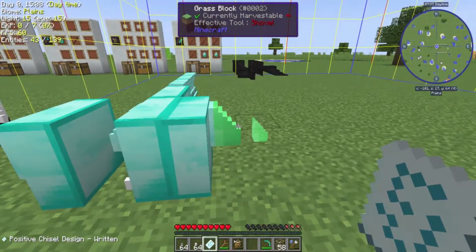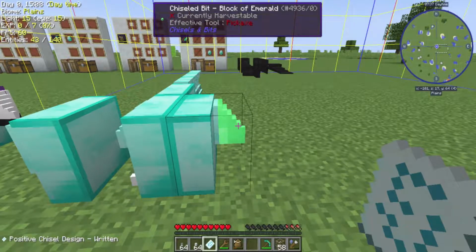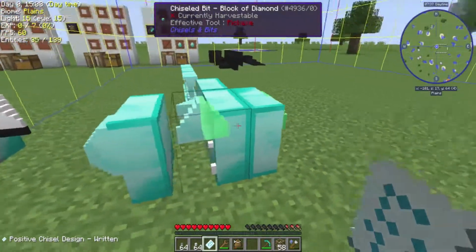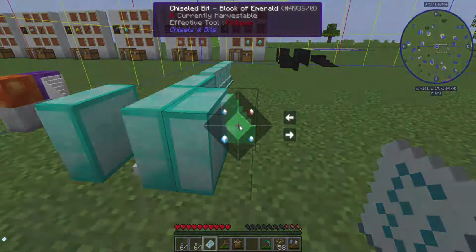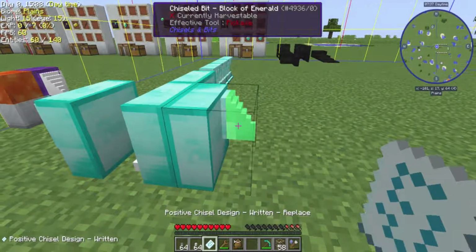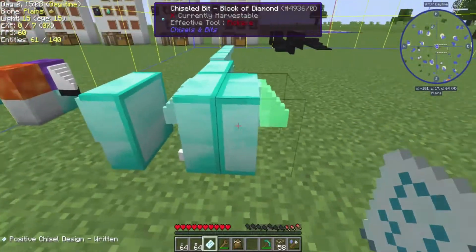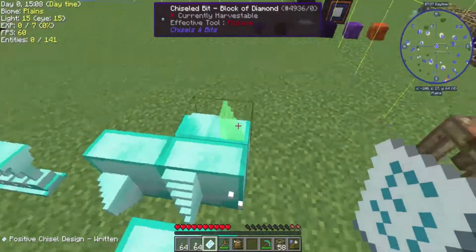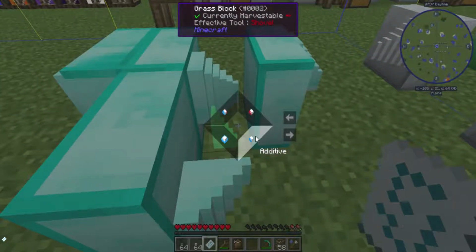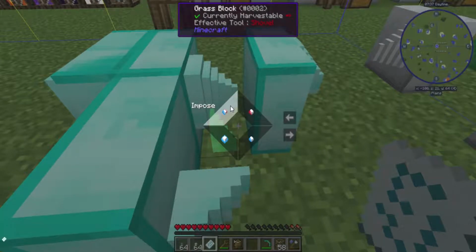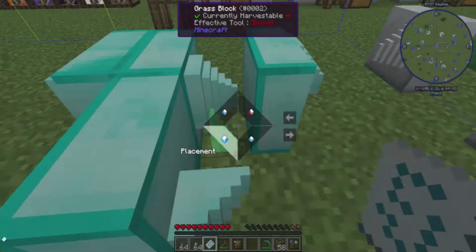So think of imposing as a part replacement. Whatever is in the section you're trying to place, it will replace that part. Right? It's imposing its design on that block. Okay, so additive adds to the block, replace replaces the block, imposing adds part to a block, and then placement,